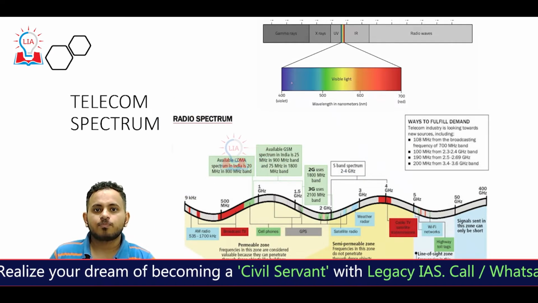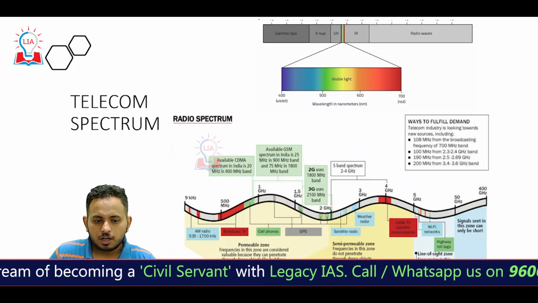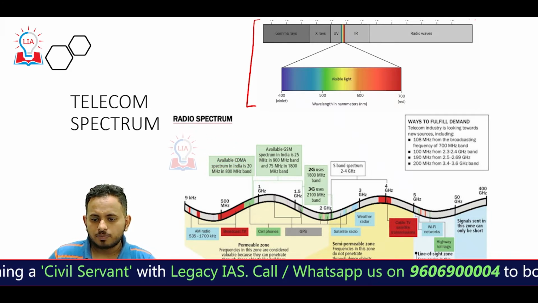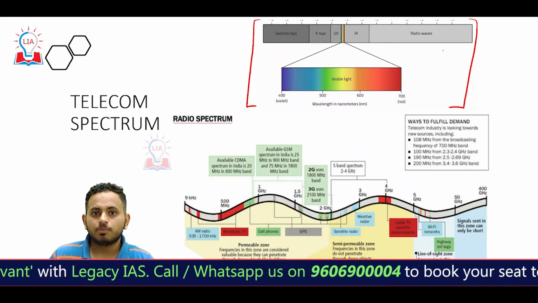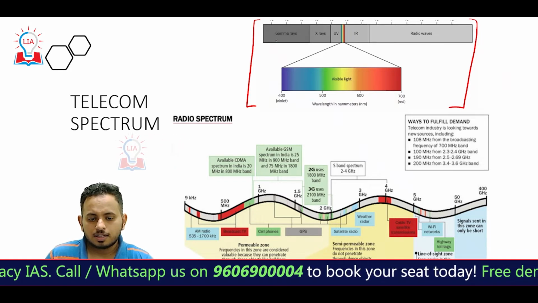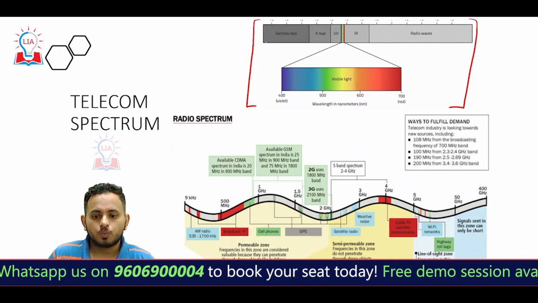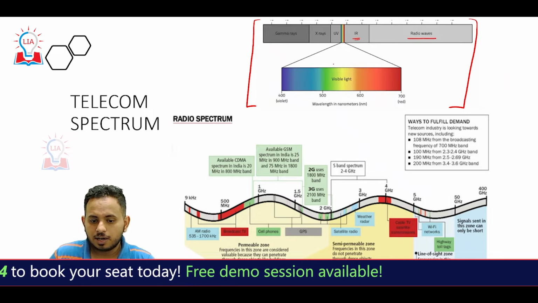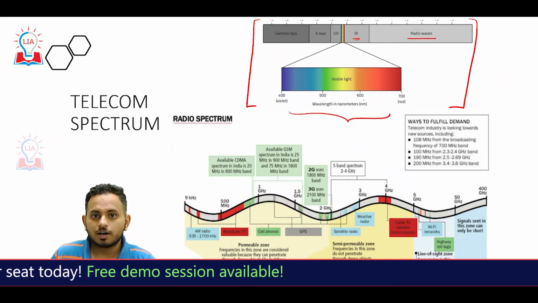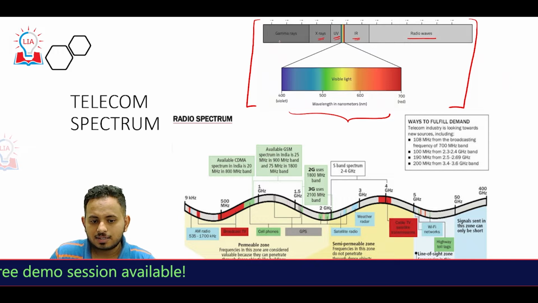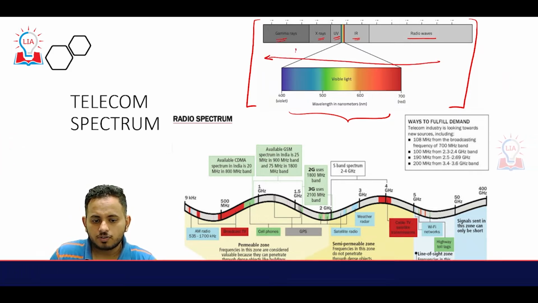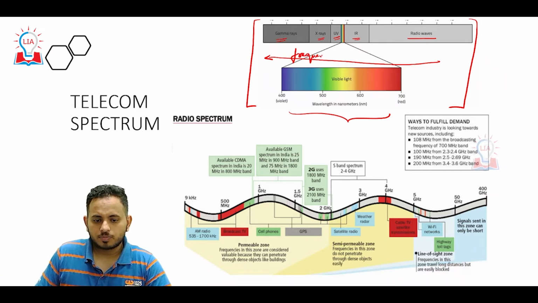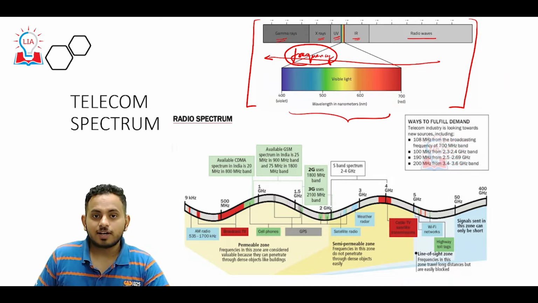So let's understand, what do you mean by this spectrum? Students, you can see here, this is a diagram which you will be very familiar with. This is the spectrum of electromagnetic waves. So here you can see radio waves, infrared. This is the visible light where we have our VIBGYOR, and this is UV, X-rays and gamma rays. This is in the increasing order of its frequency. Okay, remember this. This is a diagram which we have seen. How is this related to the 5G spectrum auction?